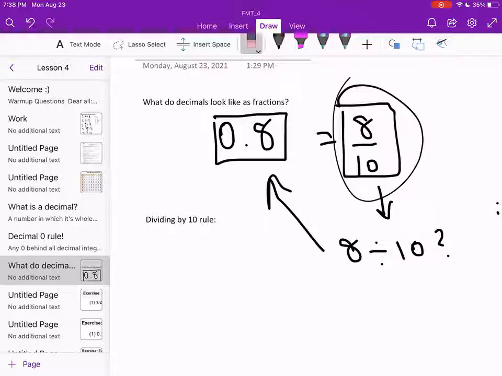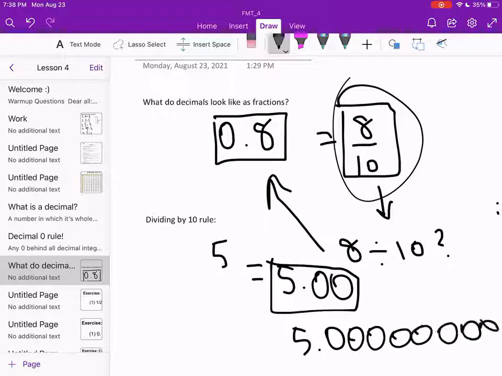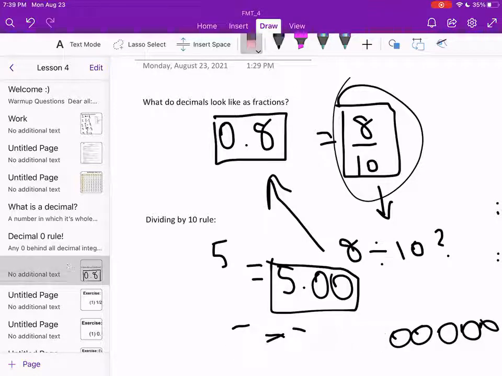So whenever you have a whole number, let's say 5, right? Even though it's 5, it can also be written as 5.00, correct? Because I have the zero after the decimal, it's behind the last integer value and it's behind a decimal. So this doesn't increase the value of the number at all. So even if I have 5.000000, it's still equal to 5. So if we look at that,